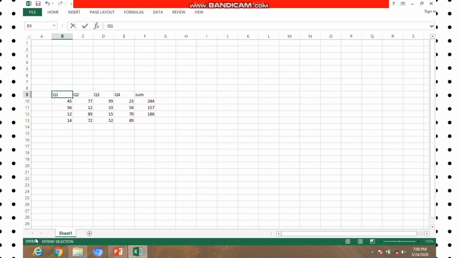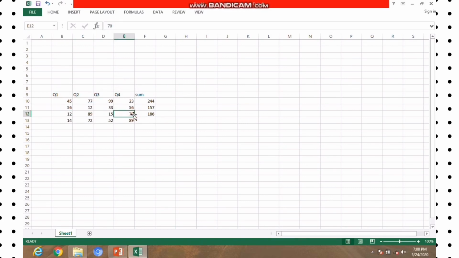As you can see here in the green line, Extend Selection came. Once you select the range of cells, then clicking on any cell selects the range up to that cell.